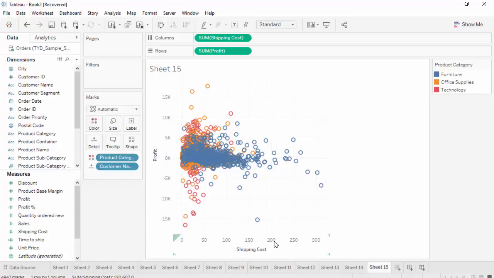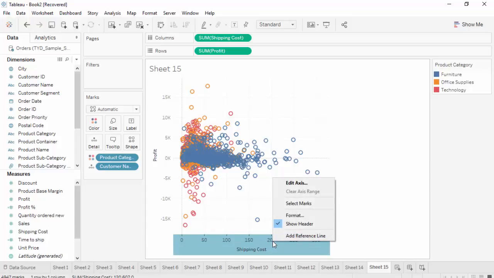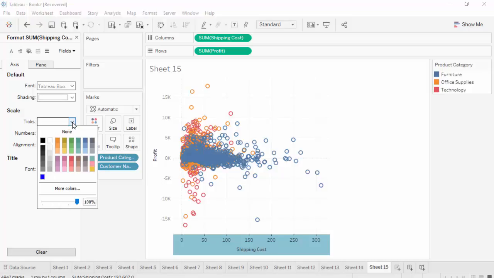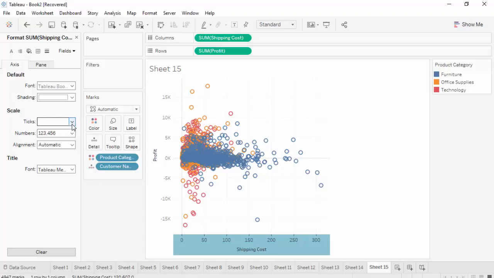You can change the axis format. You know how to change the axis format, right? So you right click, format, then you can do the formats here, the number format. Okay, you can change the tick mark, color, alignment, and so on. So that will be for formatting the axis. Okay. Now, if you want to edit the axis,